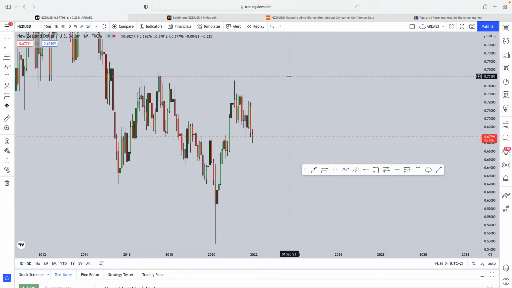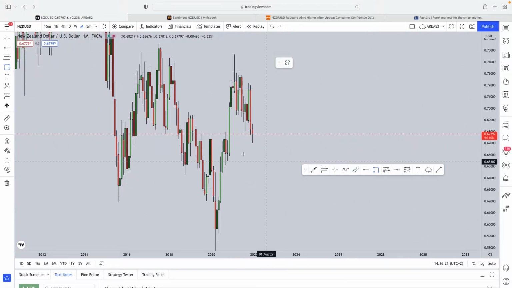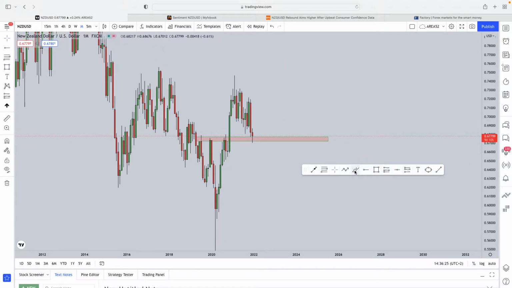Today we're going to take a look at the NZDUSD, the Kiwi against the USD, from a technical, order flow, fundamental and sentiment perspective. Now starting here with the technical data from the monthly time frame, what can we see? We can see how the NZDUSD had broken above this level of resistance. Now all of this resistance has become support, and we can see how the market is testing and rejecting